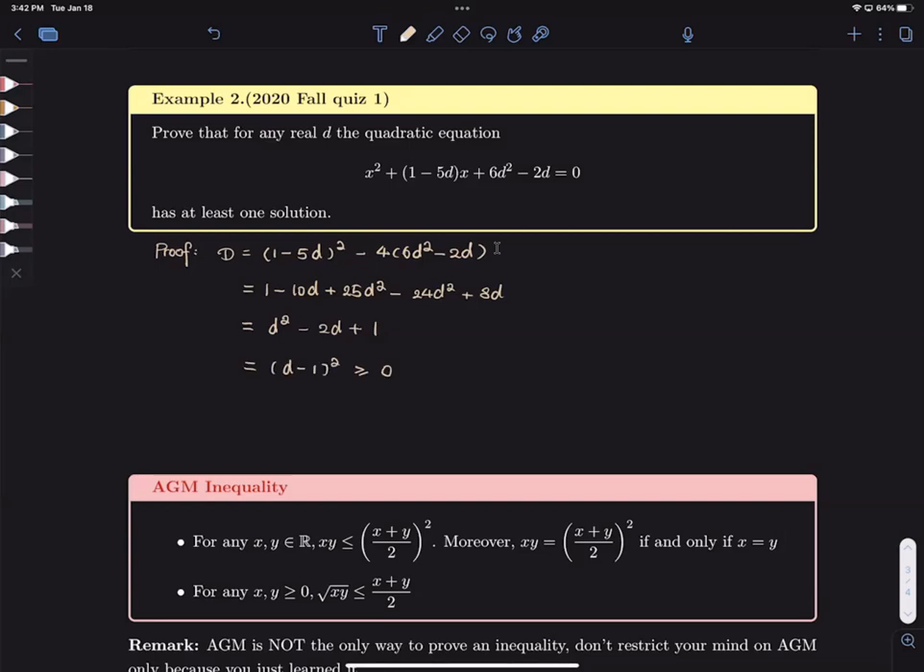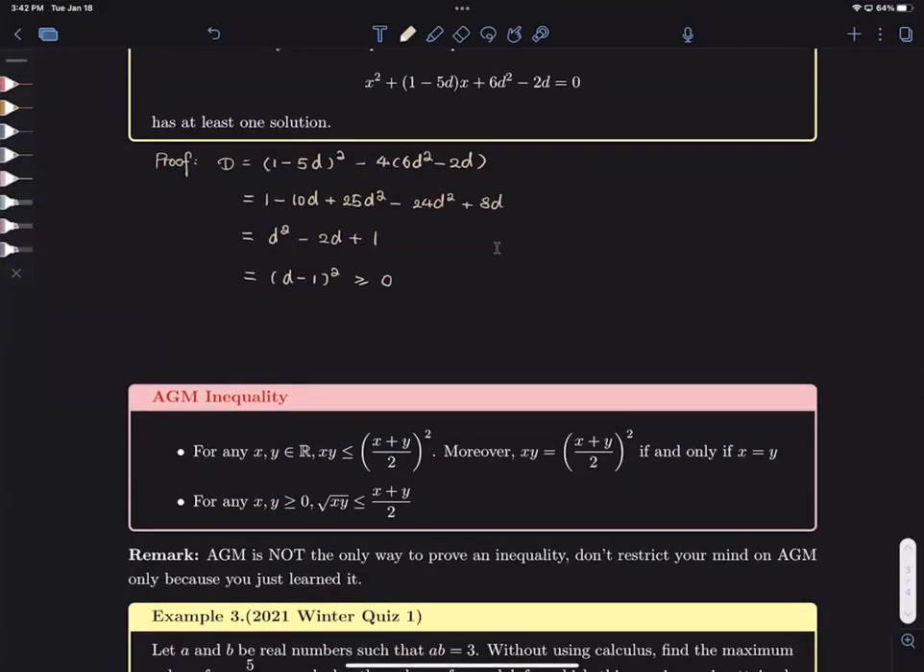This is a basic fact. That's correct. Not greater than 0, greater than or equal to. It's quite important to have the equal sign. Now we can say by quadratic formula theorem,